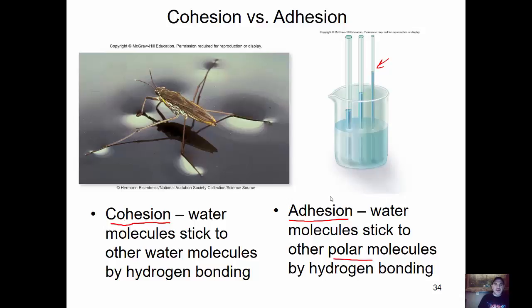So that's called adhesion. Another example would be when you're walking through wet grass, and it's not that tall. If you're wearing cotton jeans or pants, the water tends to run up the pant leg much higher than what the grass was because of the adhesive properties. It turns out that the material, the cotton itself, is also a polar molecule, so the water gets attracted to it and moves upward on